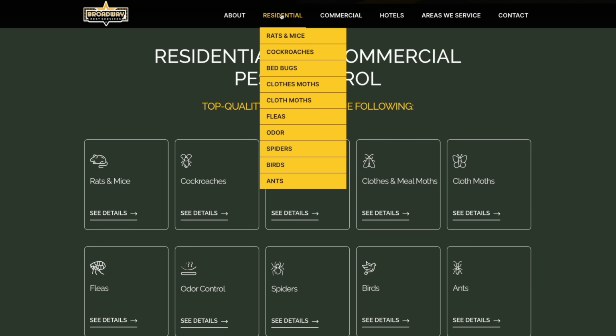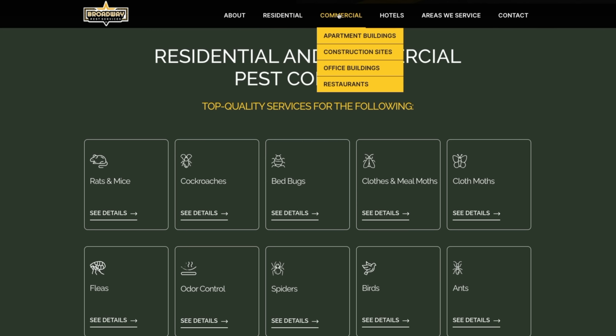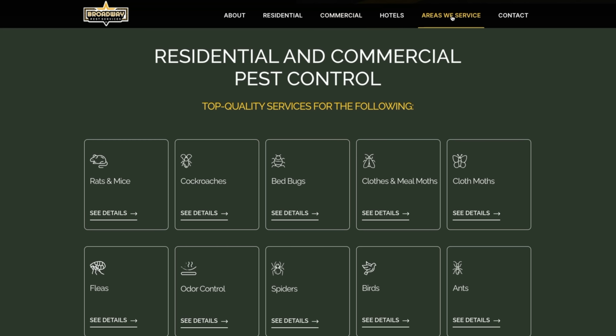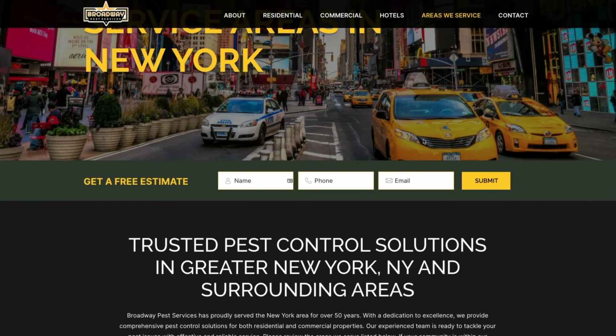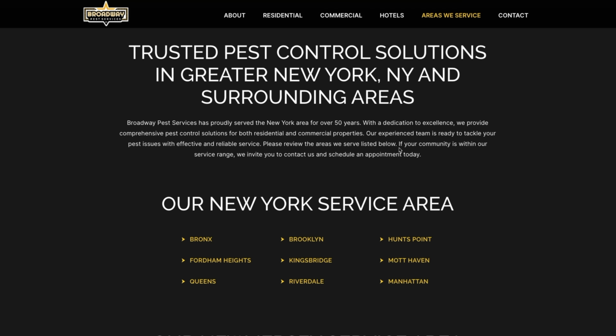But as we can see from the drop down menu at the top, this global navigation, they also link a number of their service pages, which speak to their authority. They have commercial opportunities as well. And they even do this for locations. So if we go into locations and we scroll down, we can see Bronx, Brooklyn, Hunts Point, Fordham Heights, Queens,